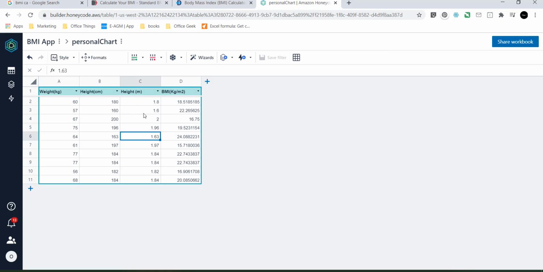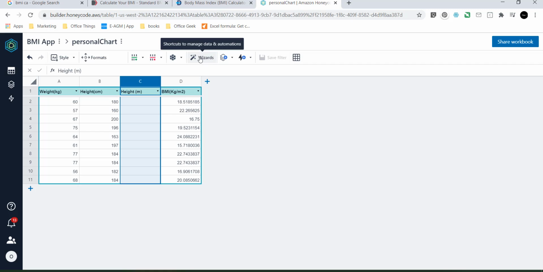And there's something called derived columns. Derived columns are columns that are dependent on other columns. This is a derived column because it is this divided by 100. So what I'm going to do is make this a derived column because it is dependent on the other one. I'm going to even clear this off. Select it, clear it off, select the column,